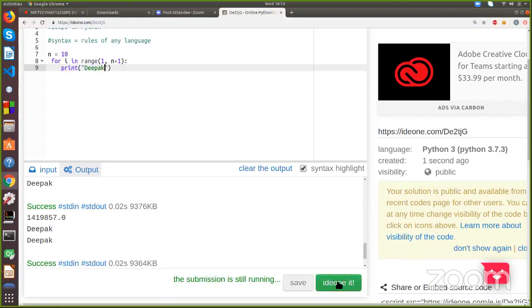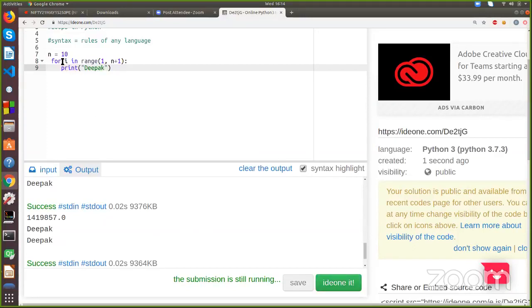We will start making the game from tomorrow because these are all the concepts which will be used in the game: the loops, the while loops, the modules. So we will start making the game from tomorrow. Okay, so this is why we use for loop.